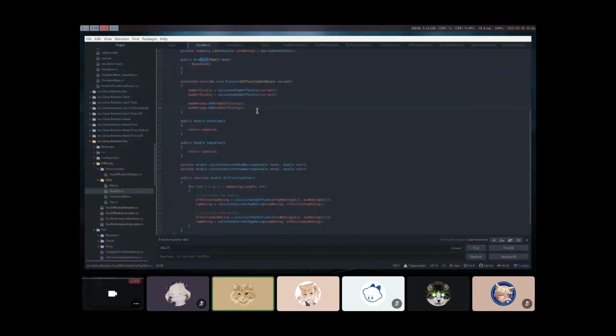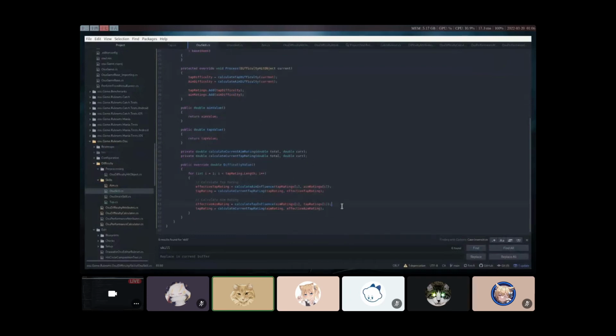Yeah, so I think this is the way to fix this problem. Instead of even passing in the tap rating, just use the tap rating when you calculate the effective aim rating of that note. Now, the only other thing that's probably important would be to